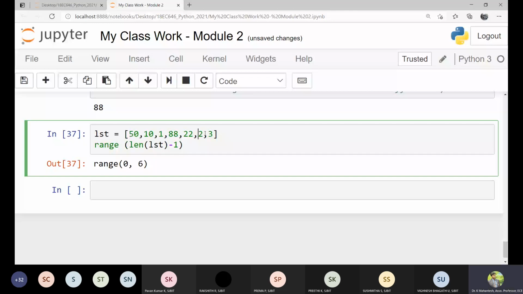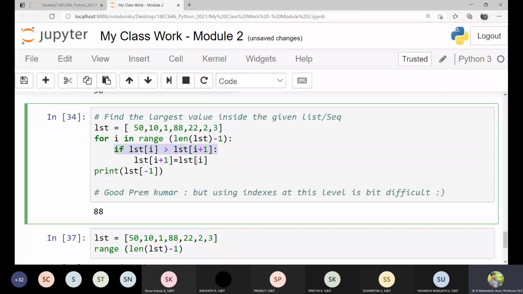And then if list of i is greater than list of i plus 1, much similar to your C programming, list of i plus 1 is equal to list of i. So he has sorted this list in ascending order, lowest to largest. List of minus 1 would give you the last element inside that list. So rather than doing it this way, which is a little complex and needs understanding the indexes beforehand,